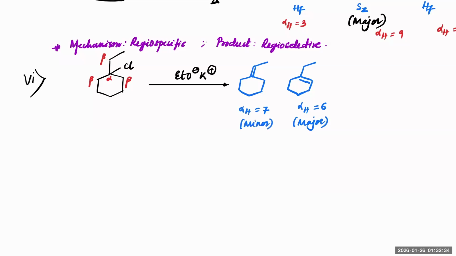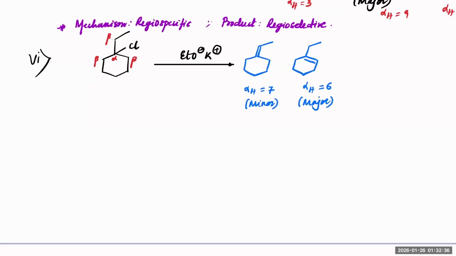See, if the double bond is present away from the ring, not inside the ring, it is called an exo bond. If the double bond is present within the ring, it is called an endo bond or endo ring formation. So if you compare an exo bond versus an endo bond, usually